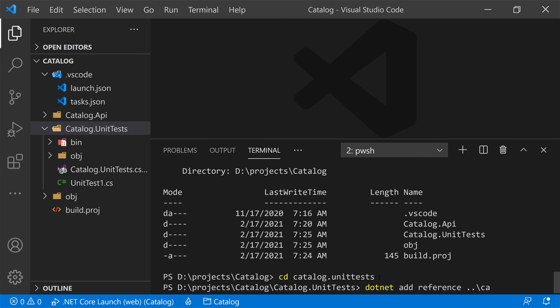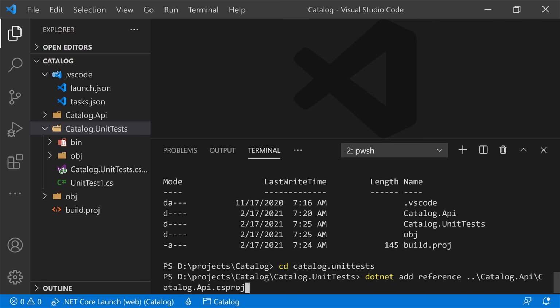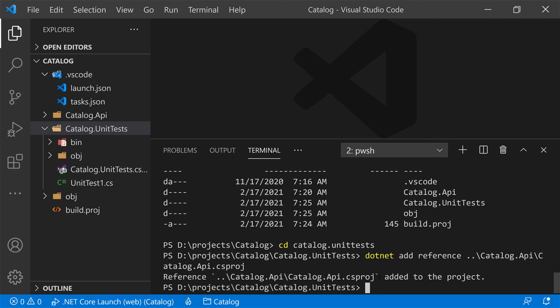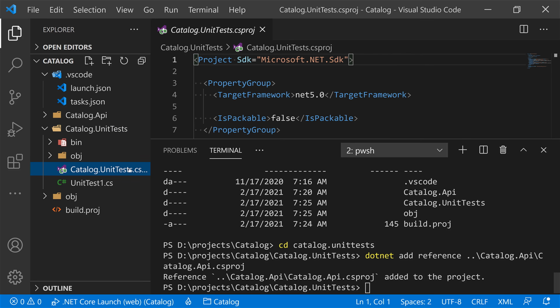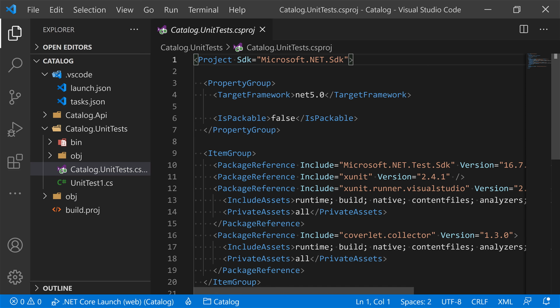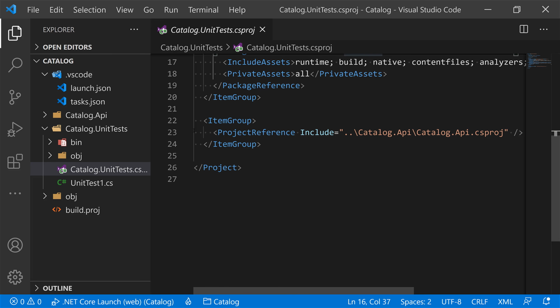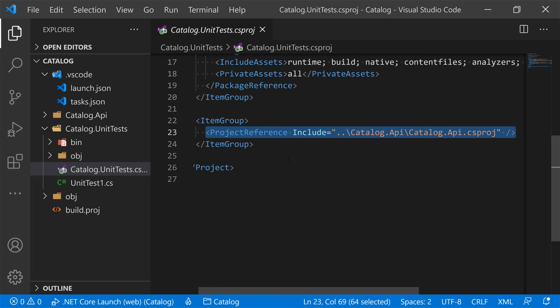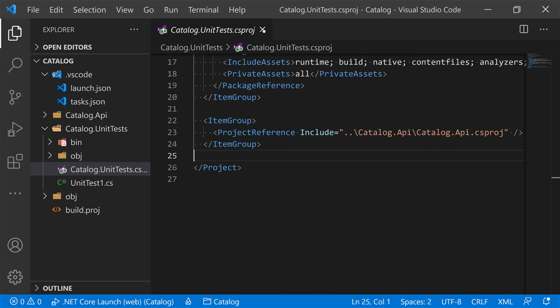And then we're going to go into catalog.api, catalog.api.csproj. Right, so that adds the reference. If you look at unit tests, close this, it will have that project reference right here. Okay, so now the test project can use any of the files or reference any of the files in the